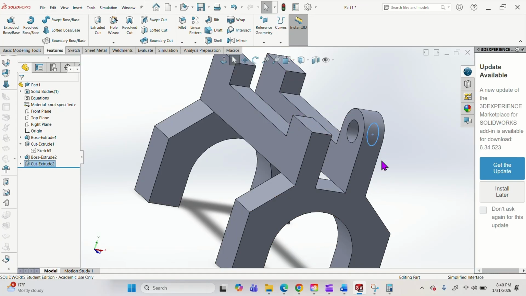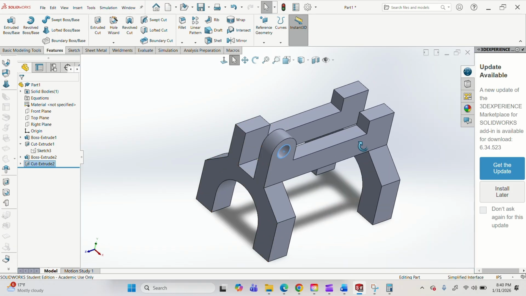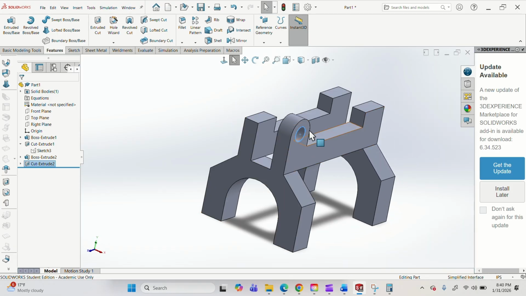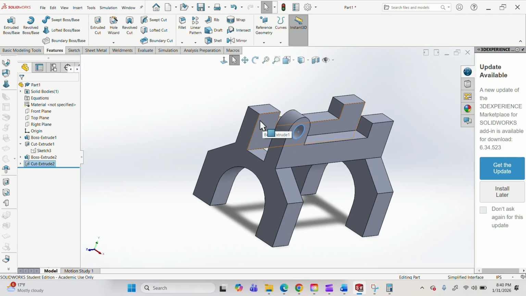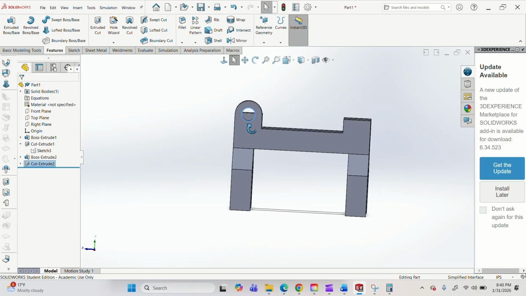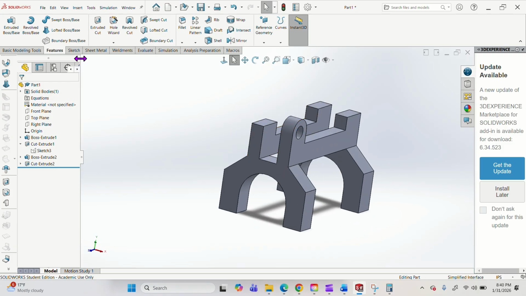All right, so we've got one side. Now, you could go to the other side, create a sketch, and do the whole thing all over again. Either side, you could create the sketch, it didn't matter. Or what we could do